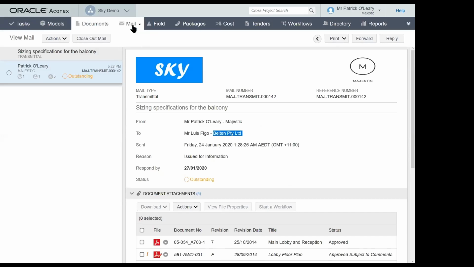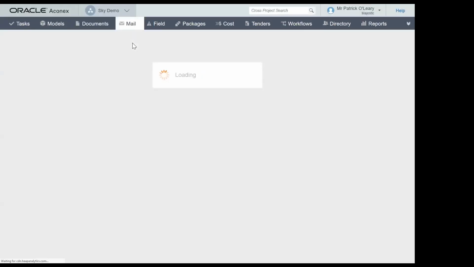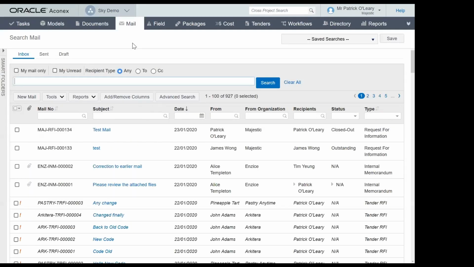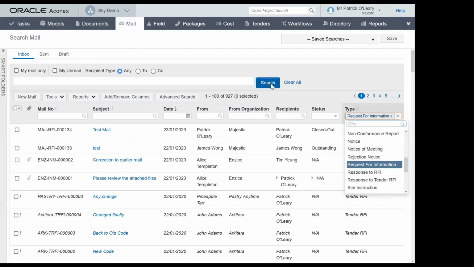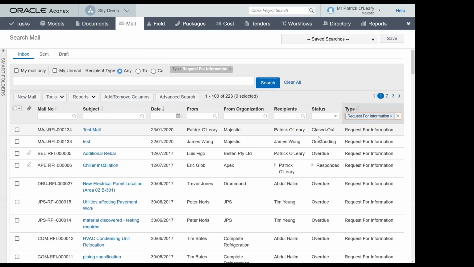And more so, if we were to go back to the correspondence piece, because a lot of correspondence happens between organizations, we can see here we've got about 927 pieces of correspondence. We could filter this again using the various tags. Let's say it's a request for information, an RFI, and we want to find out where that is.